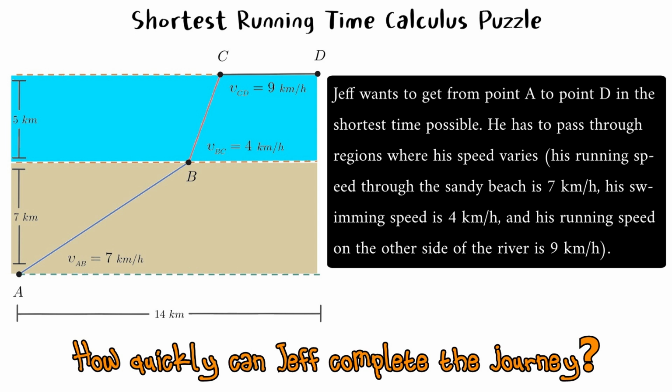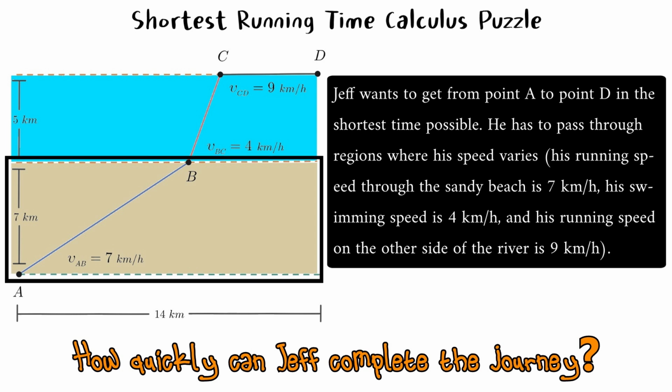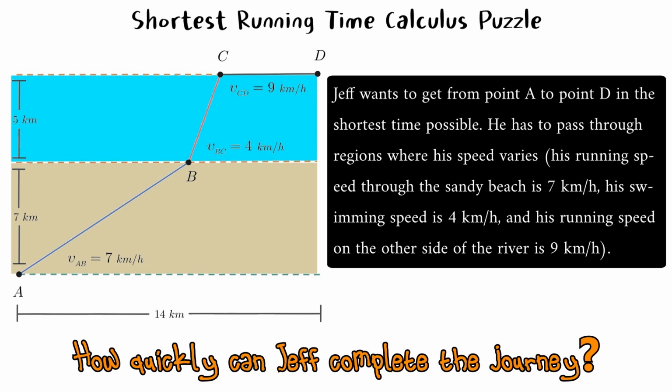Oh, yes. So as the problem states, some dude or dudette is trying to get from point A to point B in the shortest time possible. His, let's just call him a he for now, speed when going through this region before getting to the bank of the river is 7 kilometers per hour. Let's call it a sandy beach. His swimming speed is 4 kilometers per hour. And when he gets to the other side, his speed increases to 9 kilometers per hour. So we're asked to find the minimum travel time. So we're going to have to formulate mathematically the time it takes for Jeff, we'll give him a name, to